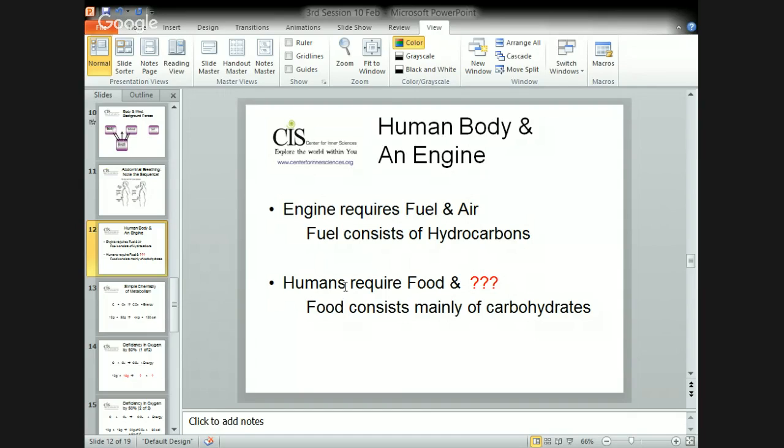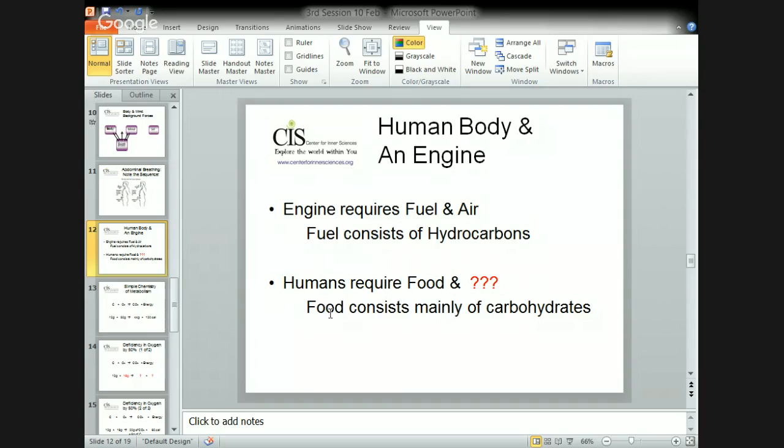If you ask a layperson, how do we survive day to day life? He will say, I need food. So you see, food corresponds to fuel. Similar, four-letter words. He may not quickly say, I need food and air, but everybody knows, everybody enjoys eating food. So he will say, I need food to survive.